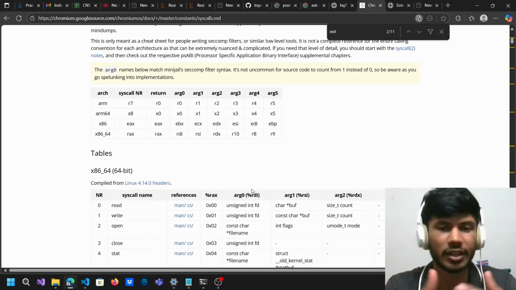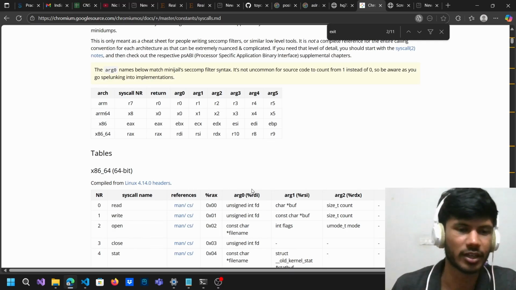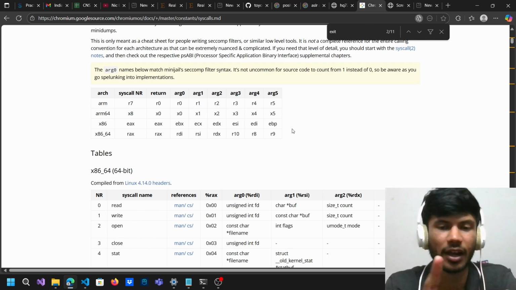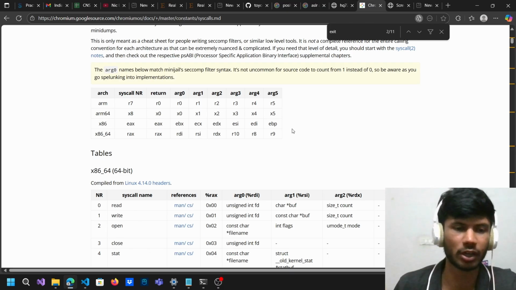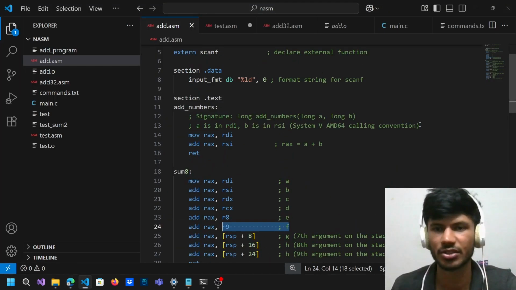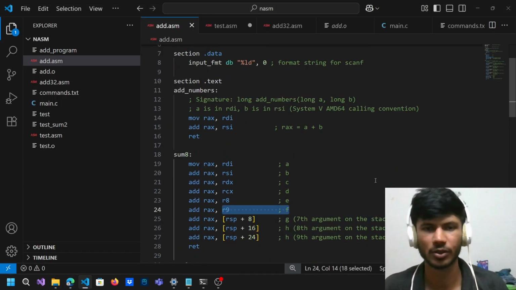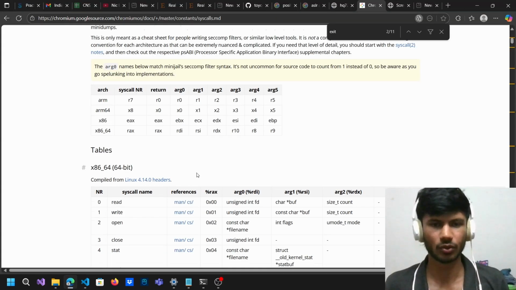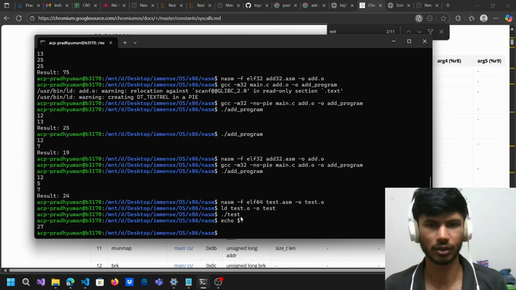Now you see everything is linked, right? Everything is linked. See, before you might be like, why was it RAX and why was it RDI? Now you got the answer why it is RDI. See, for 64-bit, that calling convention is AMD64 calling convention. So everything is getting linked right now, right? So this is what it is, and